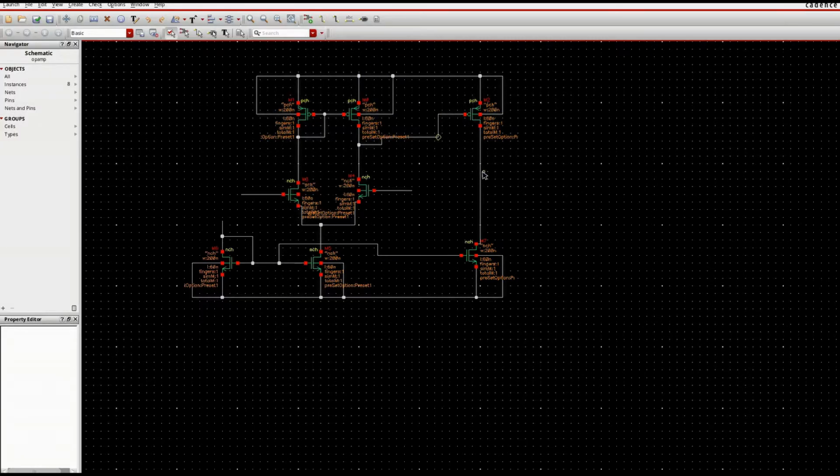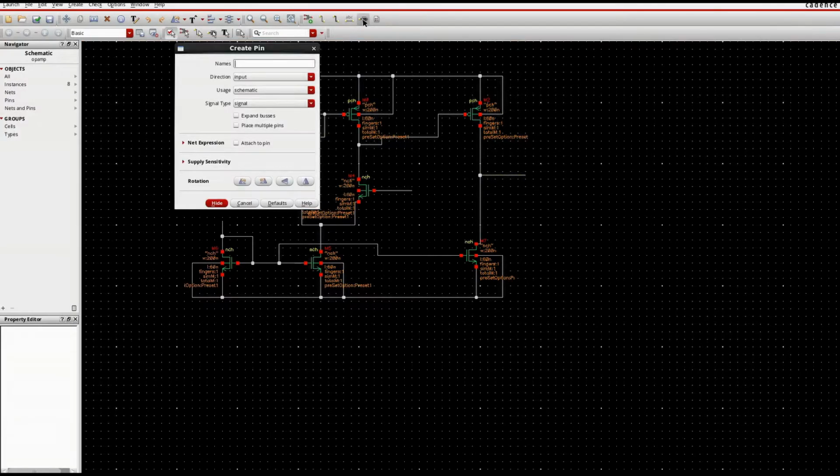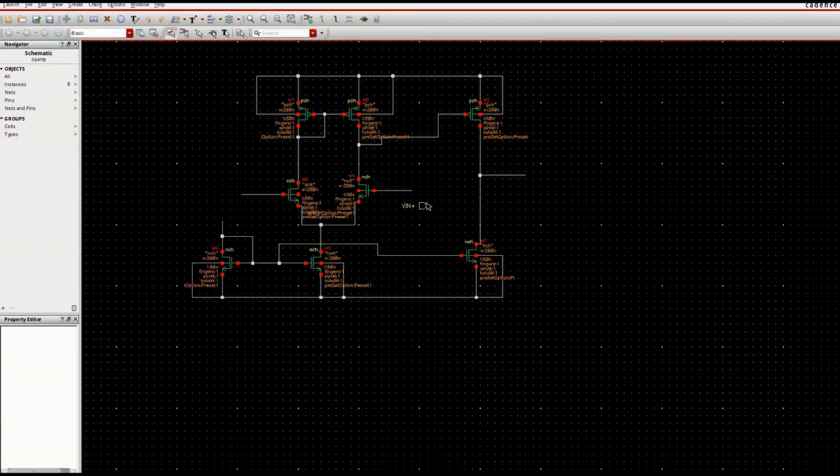Now let us give the pins: Vin plus, Vin minus. These are input pins. So Vin plus is this, Vin minus, R for rotate,